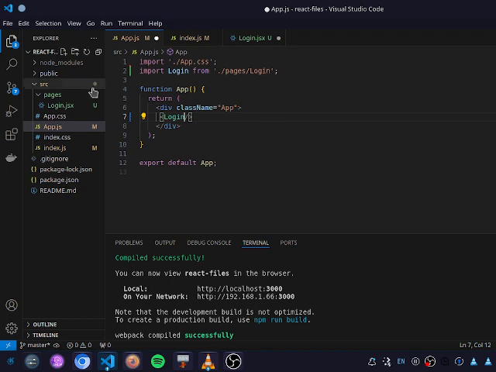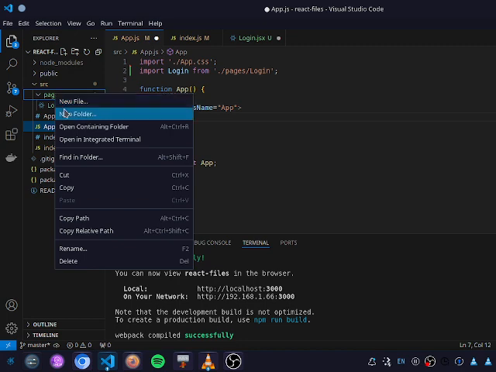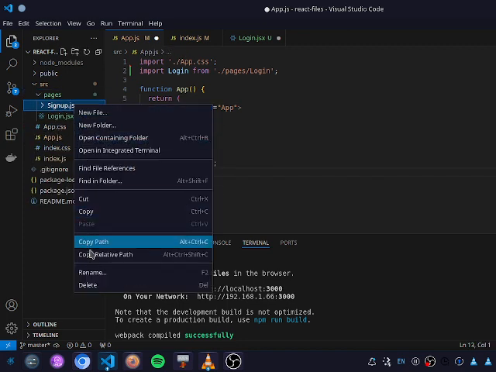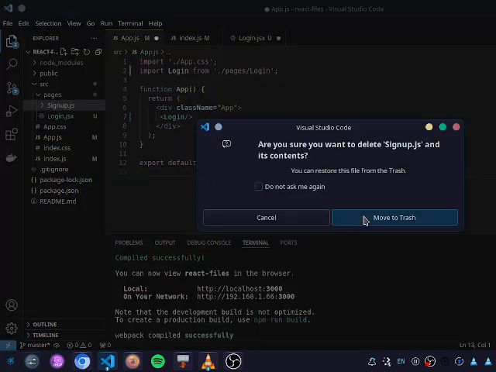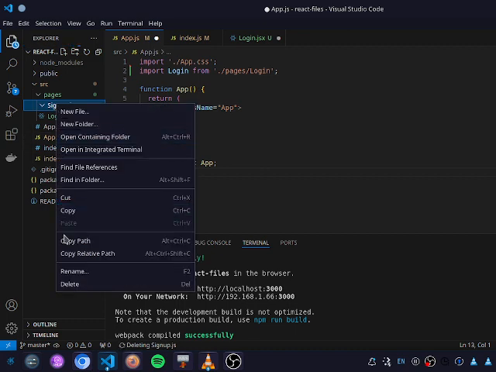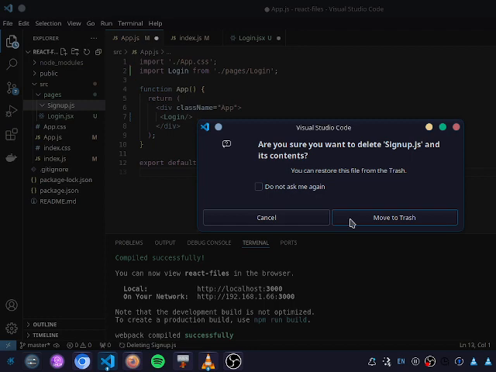Okay. So the other page that we're going to have is the sign up. The JSX extension allows you the JSX snippet. It has the JavaScript as well as the markup. This is the extension that contains